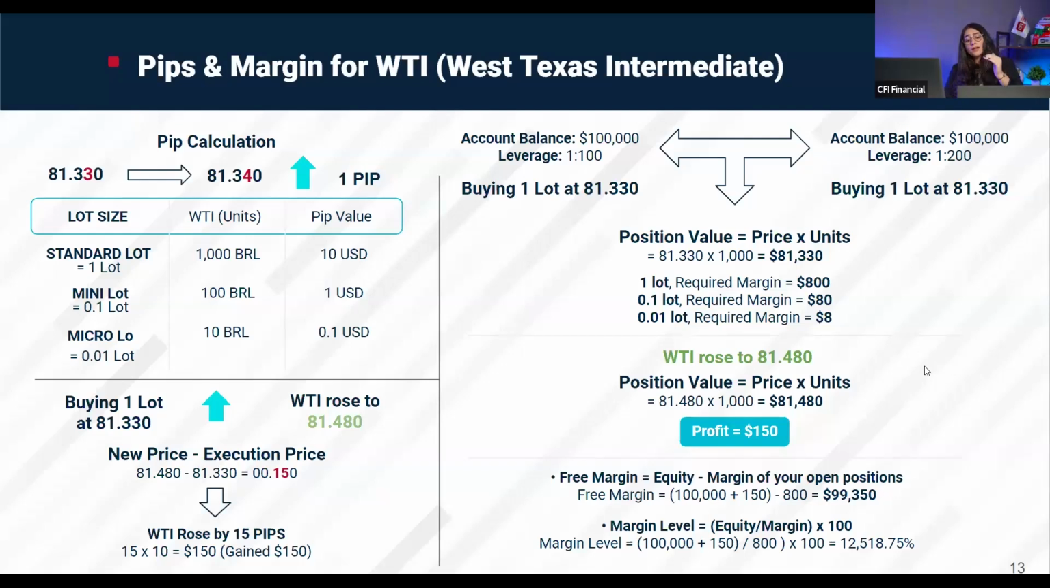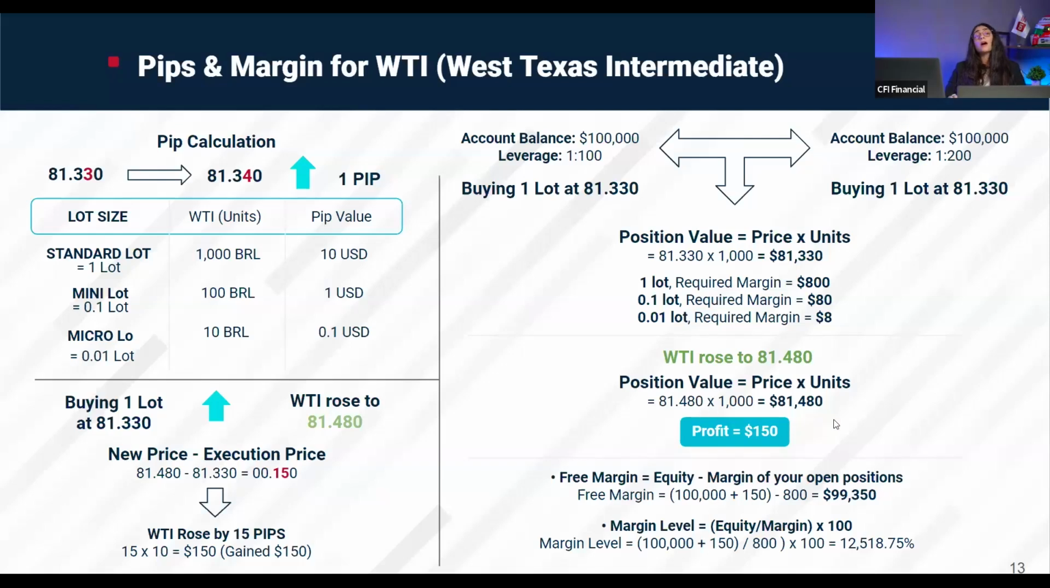Now, we're going to find the position value of the new price. So let's say price rose to 81.480. I'm going to find my position value. I take the price, I multiply it by the number of units. I'm going to get $81,480. To be able to know how much profit I made, I take the new position value, I subtract it from the position value of the price that I entered. I'm going to gain approximately